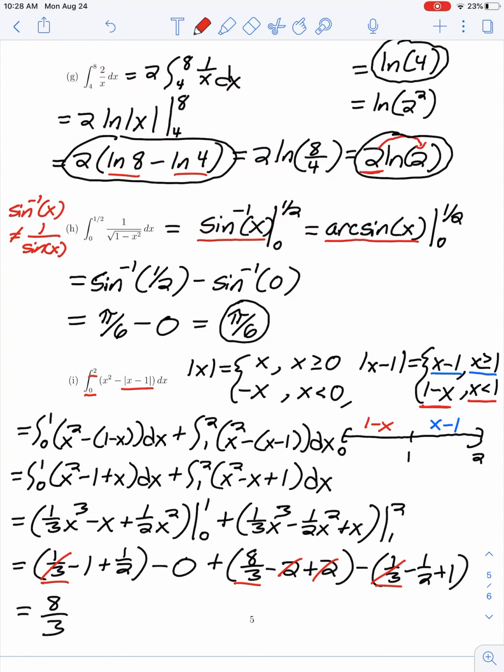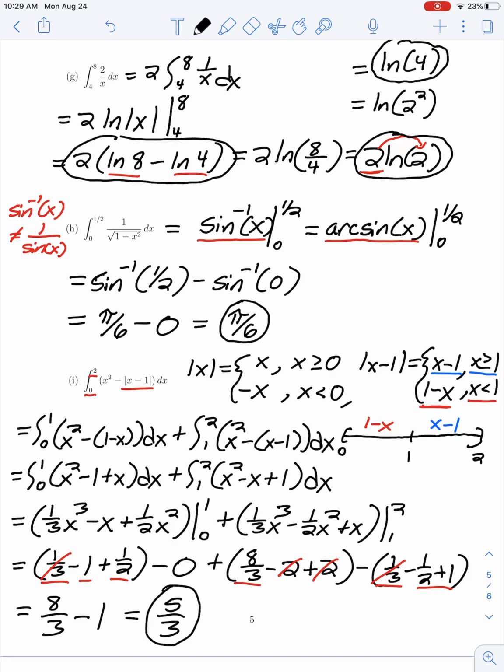Now grouping our other terms, we have a negative 1 plus 1/2, which is negative 1/2. And then on the end, we were subtracting a negative 1/2 plus 1, which would be 1/2. So our negative 1/2 minus 1/2 gives us a negative 1. So we have 8/3 minus 1, which would leave us with